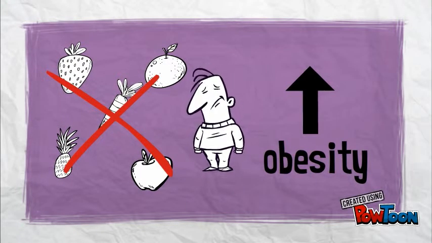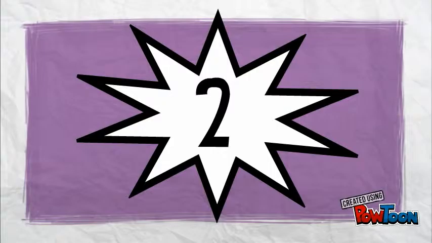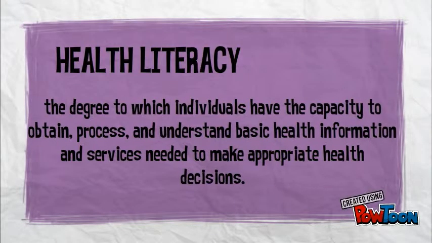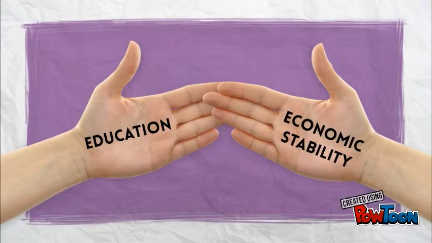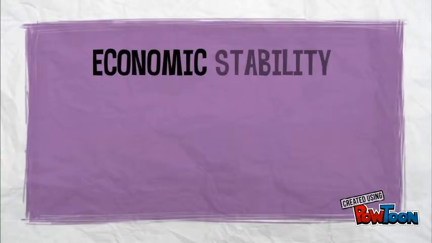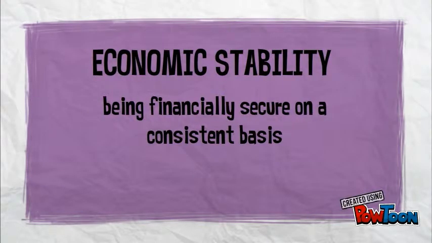The second factor we need to consider, as the well-educated nurses that we are, is the population's education. Most often, people living in lower-income neighborhoods have a lack of knowledge and understanding regarding nutrition. Not only are they less likely to make informed healthy choices, but education levels go hand in hand with economic stability. Economic stability is the third influential factor.